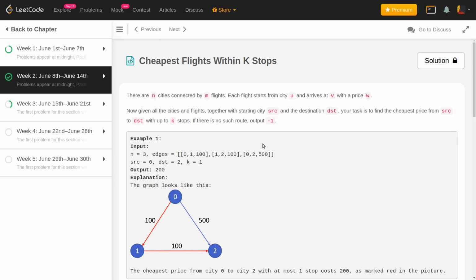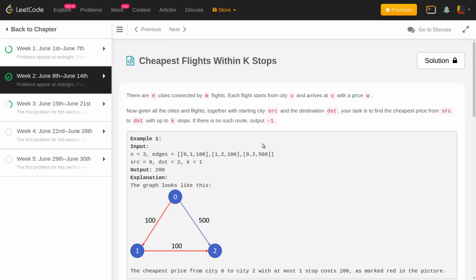Okay, so with that, today we have week 2 problem number 7, cheapest flights within K stops. This problem is exactly like Dijkstra, where you have a total of n cities and a total of m weights connecting two cities. Each weight connects two cities, and the task is to find the minimum weight, or the minimum distance, to travel from one city to another city. But in this particular problem, you have an additional constraint where you can only have up to k cities in between the source and the destination.